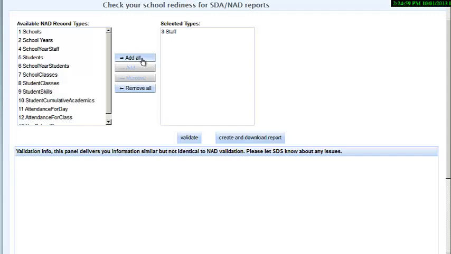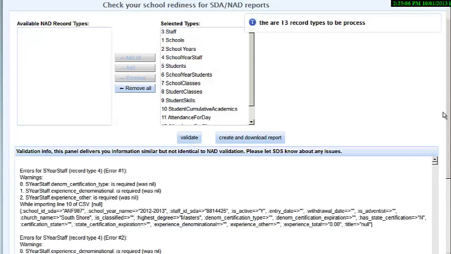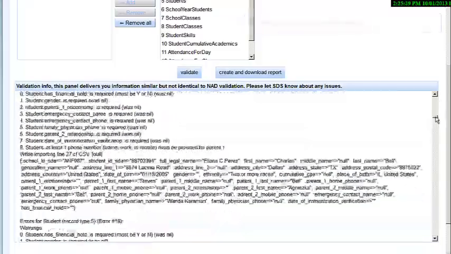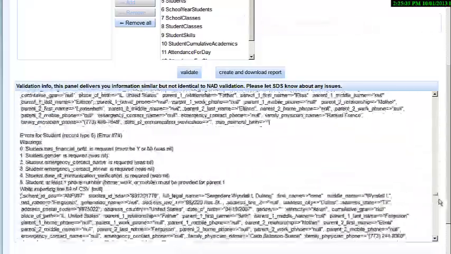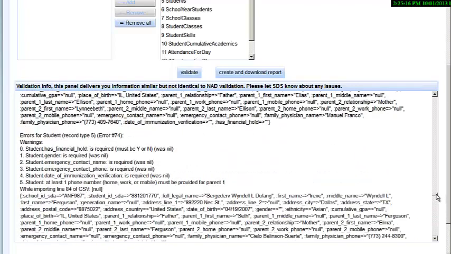You'll continue with this process until you're able to validate the entire report at once without receiving any error messages. Depending on the state of your current report, this can be a very, very tedious process, but with Student Data System we strive to make it a